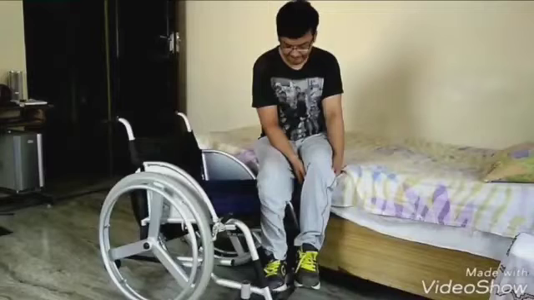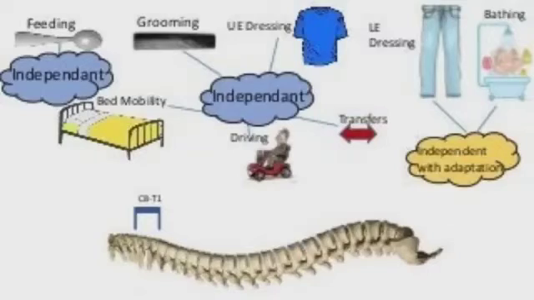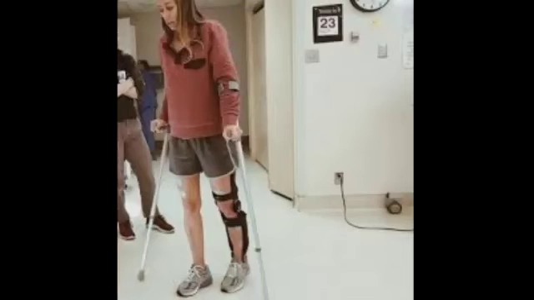the C4 is wheelchair and pressure relief in a power reclining wheelchair, and C5 is self-feeding with setup and use of adaptive equipment, and C6 to T1 bed mobility and transfers may need minimal help for uneven transfers and cord transfers, bowel and bladder control with digital stimulation, and manual wheelchairs on slightly uneven ground, and T4 to T12 able